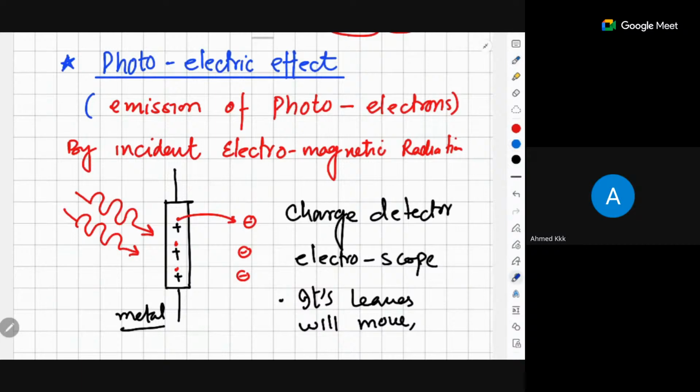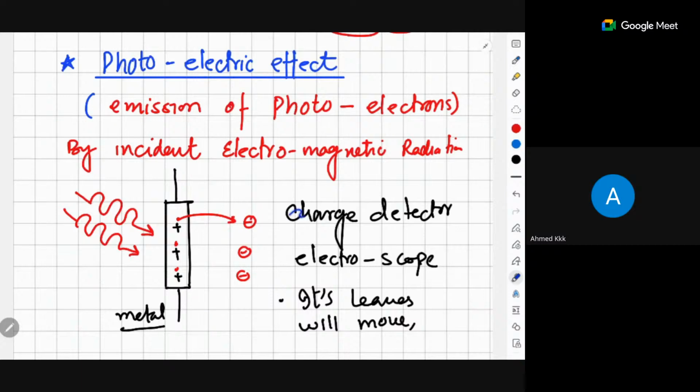Then we have the photoelectric effect. The photoelectric effect is basically the second part of your quantum mechanics. In the photoelectric effect, basically, once we consider the concept of this photon, this photon is sent on a metal to extract the electrons from the metal. So that is why this emission of the photo electrons, or this emission of electrons from the surface of the metal, is called your photo emission.